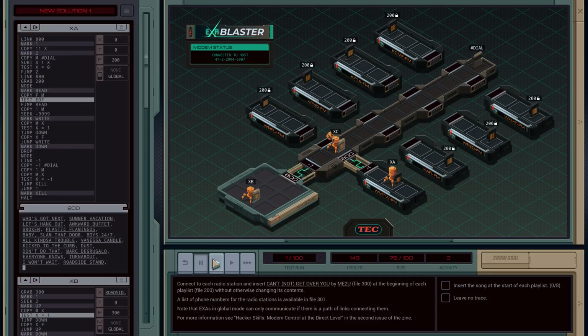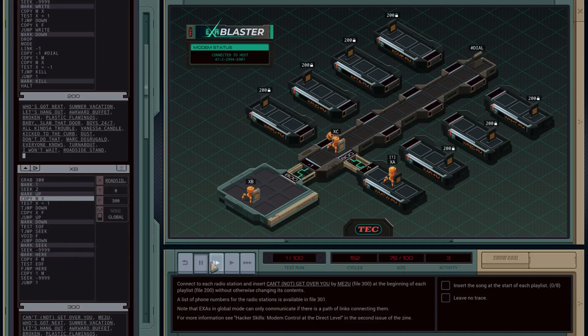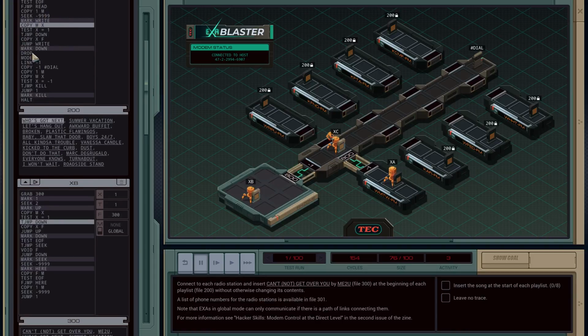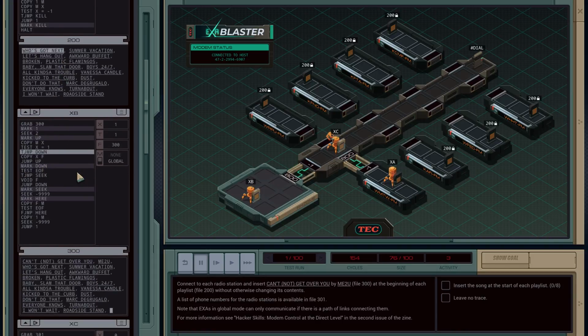Done. Test the end of file. It actually is the end of file, so he's going to skip the fail jump, copy 1 into the global network, and then once he, XB, finds that 1, he's going to jump down CX-99 and get back to the beginning of the file, because what we needed to do was put our song at the beginning of the file. So he seeks back to the beginning of the file and now is waiting for B to give him the information. So B will jump down on a true,